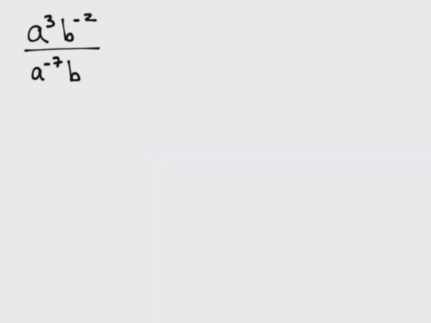All right, we're going to discuss three ways to go about simplifying this. The first is going right by the properties. Let's concentrate on the a's first. A to the third over a to the negative 7th. If we subtract those exponents, 3 minus negative 7 is 10, so we should have a to the 10th as